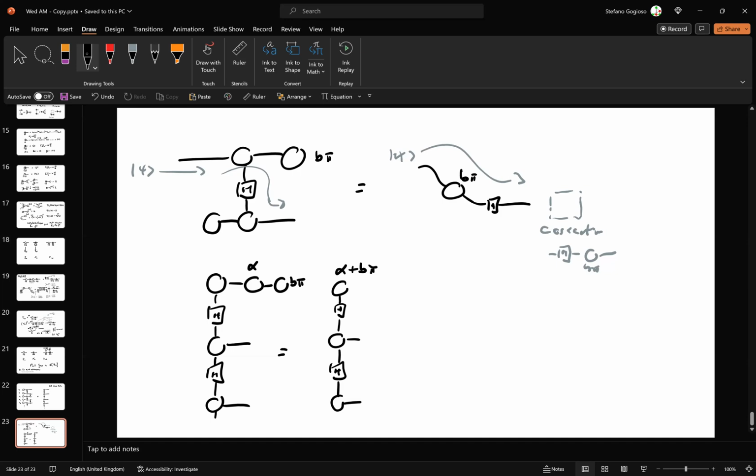I have control over the phase of the state. I don't have control over this pi, but this pi is an error, really. Okay, there's nothing too bad about it. What I can do with that pi is I can push it through the Hadamard. So I can take that phase that I don't want, and I can push it through my Hadamard. I can keep my alpha Hadamard here. I can push my B pi and change it. First, I push this through the Hadamard, then I copy and push it through, and I push it forward and forward and forward. And what I do is I say, okay, I just have to remember that the next thing I do